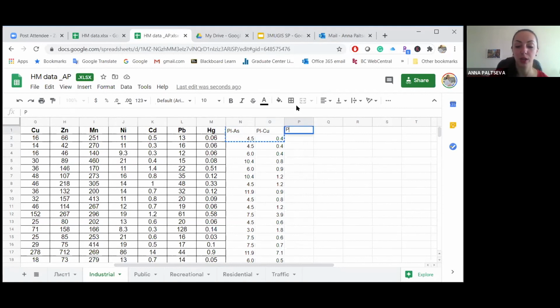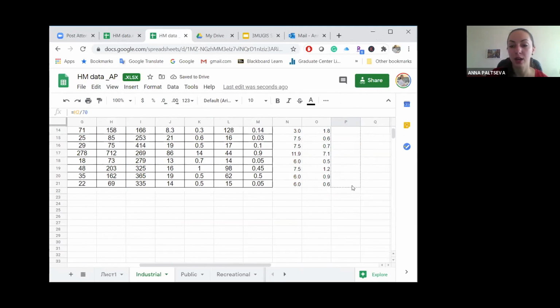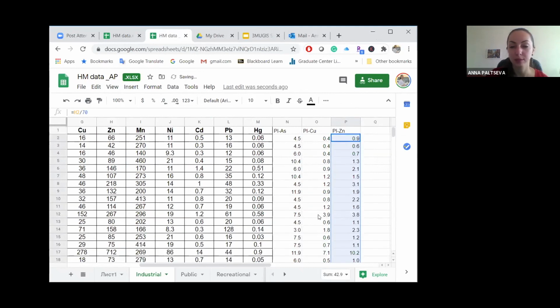Let's do another one together. So next one is zinc. PI, zinc. Zinc is what? Zinc is 70. We need to divide by center. So I equal sign. I click on zinc. I divide it by 70. I get the value. I decrease decimal places, and I drag it down. I do the same for all other metals, but you need to do it for 5